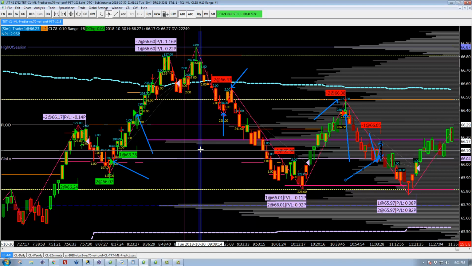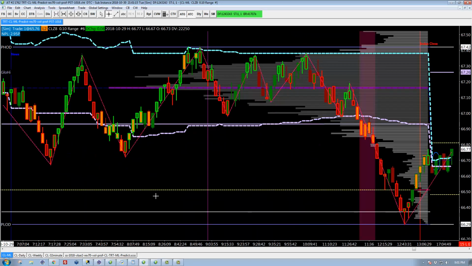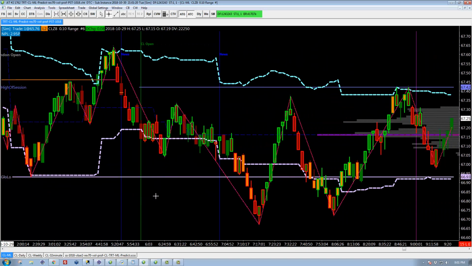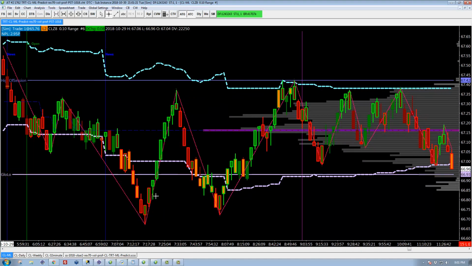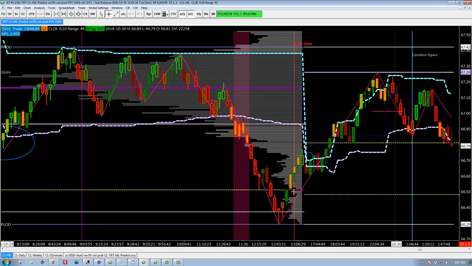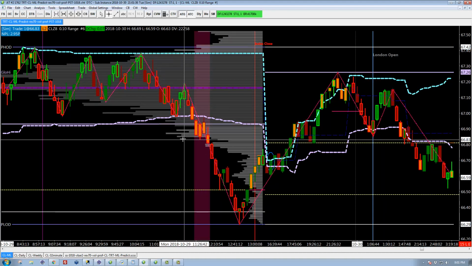Yesterday there was not much movement. We didn't take any trades. Let's take a look at yesterday real quick. So yesterday you can kind of see you spent a lot of time just rotating around the point of control. You had some opportunities here and here, but the system didn't find anything, so there were no trades. And I was like, shoot, maybe I didn't do much good on the model. I stopped trading at